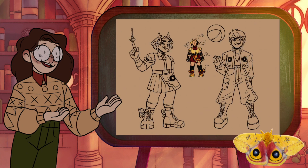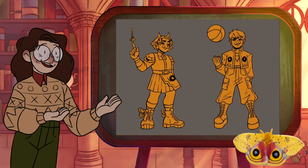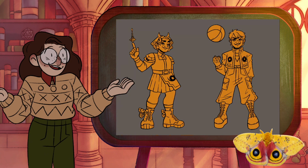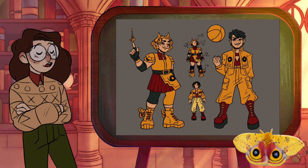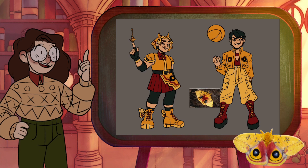It's got these two eye-like circles which are present all over her design to imitate the eye patterns on the moth. I gave her a v-neck because those fluffy red bits of the moth looked v-shaped to me, but I gave her a strap section over top to put in more of those rectangle shapes again. I made the shirt red to match that fluffy section. Like I said before, I wanted her to be a bit of a tomboy, so of course she's got to have army trousers with tons of pockets, which I tucked into big old boots,